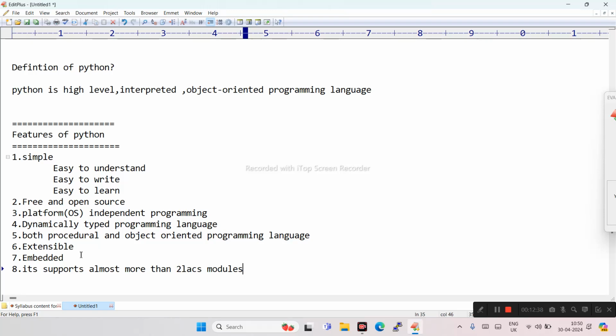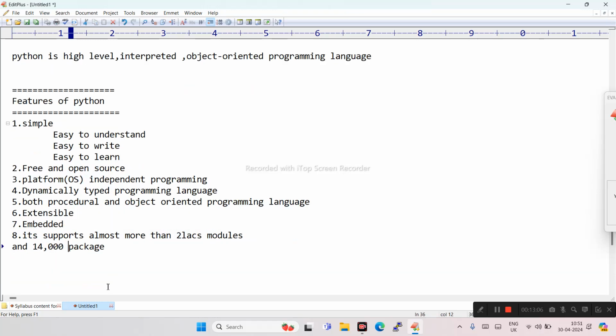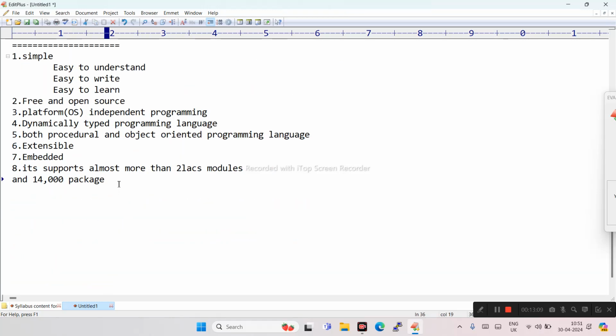These concepts we will also discuss in the upcoming session. But you should remember that Python has more community support, and it can work with more than 2 lakh modules and more than 14,000 packages. Packages are also one of the topics in Python, which we will discuss in an upcoming session. This is the biggest advantage of Python also.